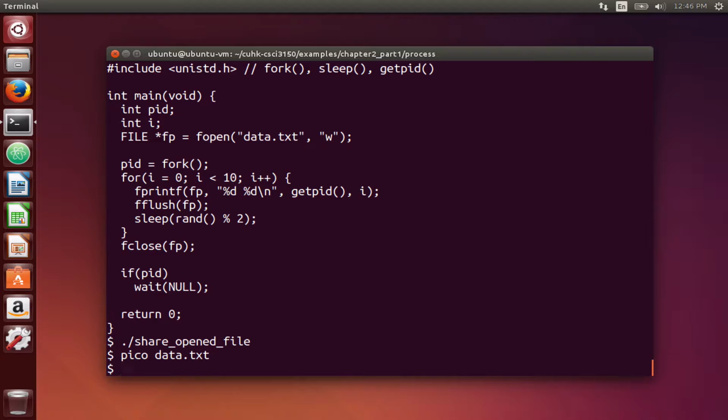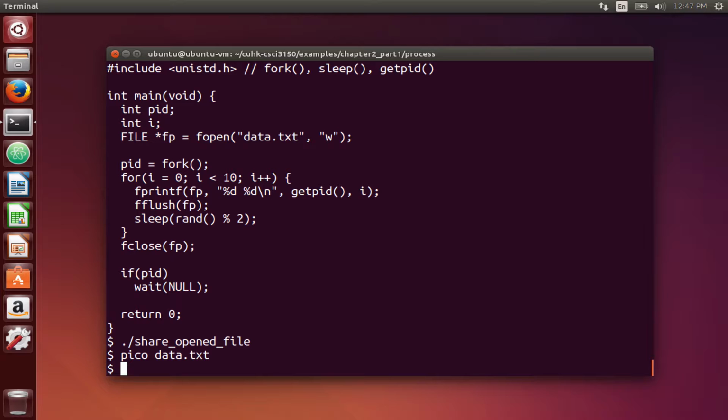Before the fork, you open a file, okay? And what is the permission? Write, right? That means I will create that file if it doesn't exist. If it exists, I will truncate it to 0 bytes and start writing from the head. Both processes know that we have opened this file, one by opening and one by inheriting. Now two guys know that I have opened that file and I can write to the file without any